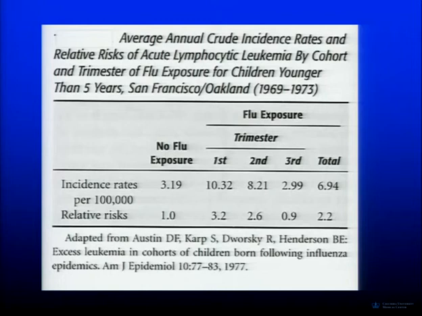But what you don't know is how this data was collected. In essence, they looked at birth certificates and cancer registry data. They knew when there were flu outbreaks, and they just calculated whether there was potential for exposure to flu. But in this case, we didn't know if the mothers of any of these children actually had the flu during their pregnancy. So it looks pretty impressive, but in reality, there's no individual data on exposure, just like the last example.